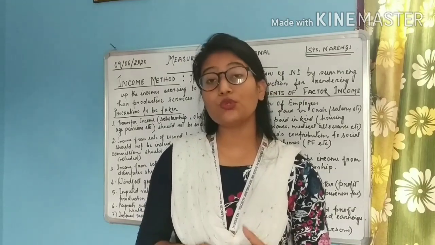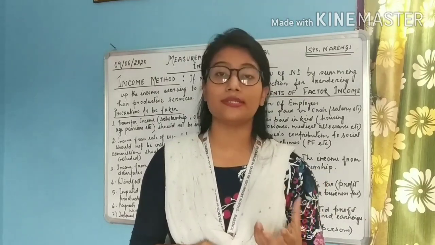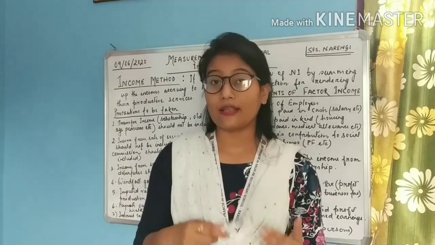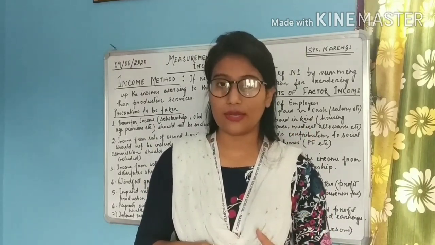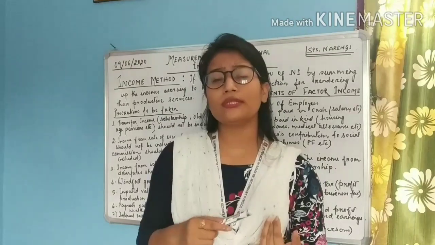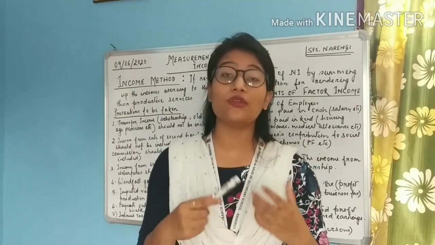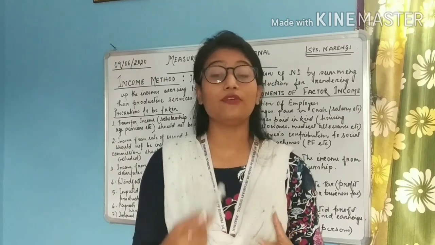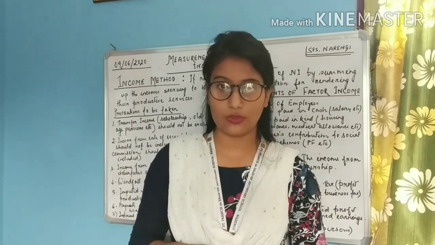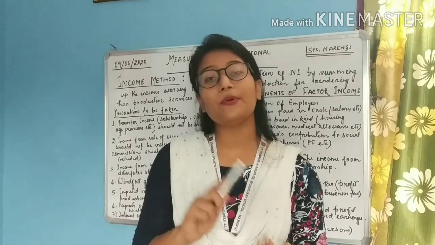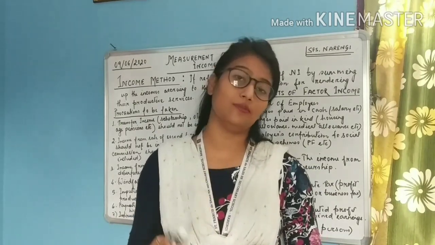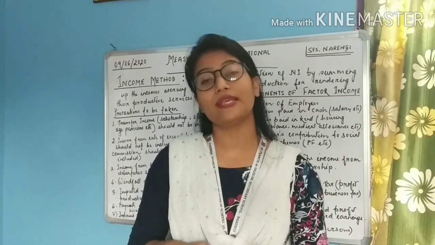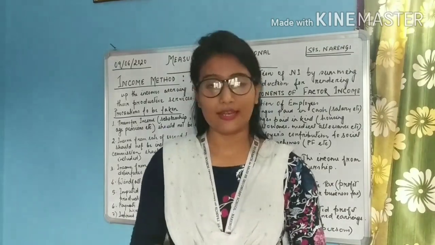Also students, we came across some precautions, some important things which have to be kept in mind in the calculation of the national income using this method. Certain things have to be included, certain things have to be excluded. So we have to be very careful about which things are to be included and which are not. For example, sale and purchase of second-hand goods should not be included, but the broker's commission on the sale and purchase of second-hand goods should be included.